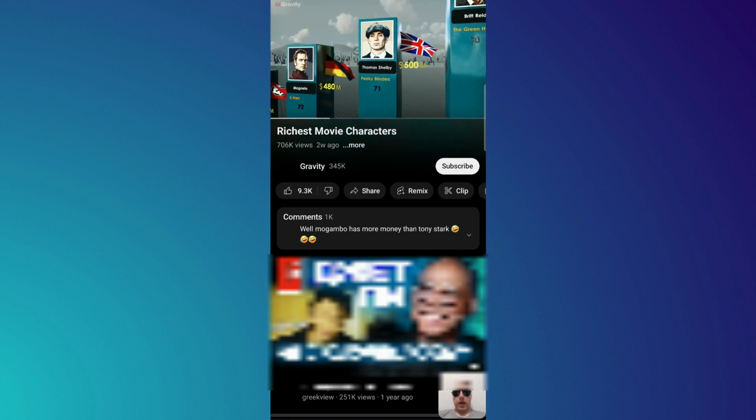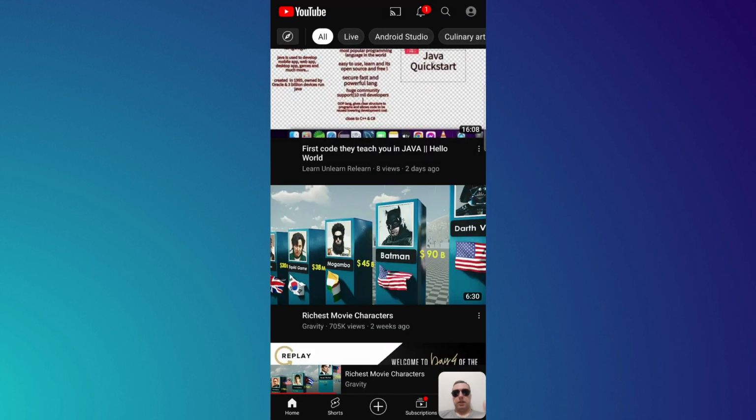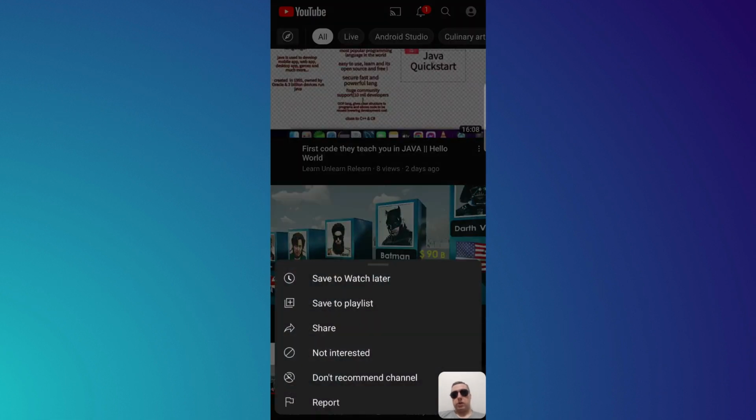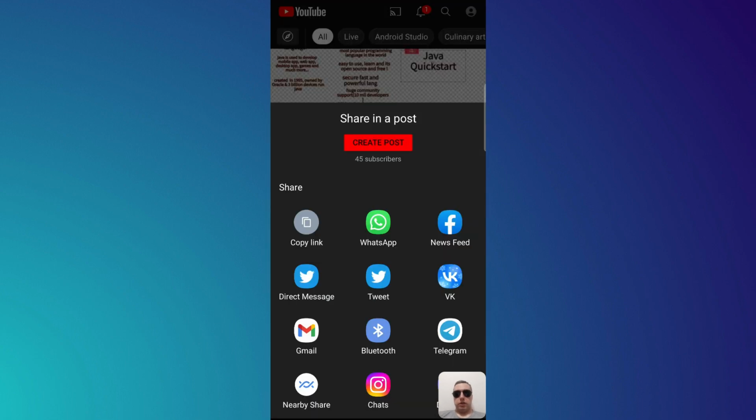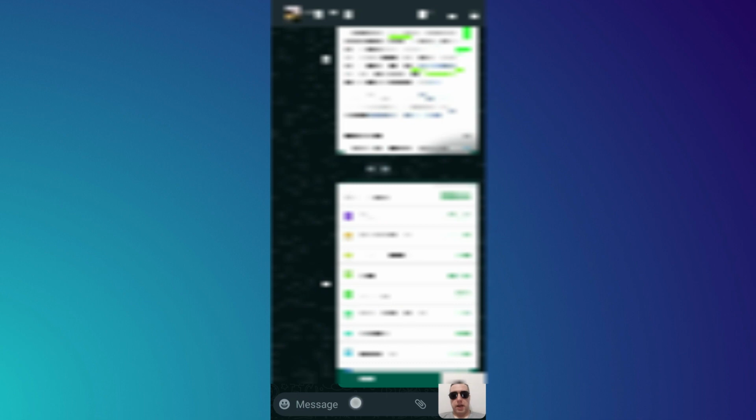And the next way to copy a link: return to the main screen, and here we see a list of videos, and near the video we see three little dots. Tap the three dots and here we also have a share button. Click share and we can share this video, copy the link, then go to WhatsApp Messenger, choose the contact and paste